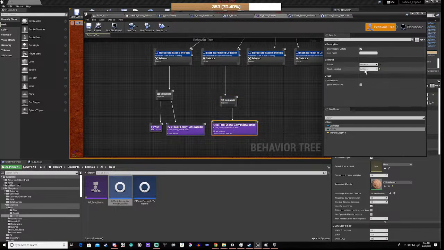And wander location is wander location, and e-state is e-state. So we save that,